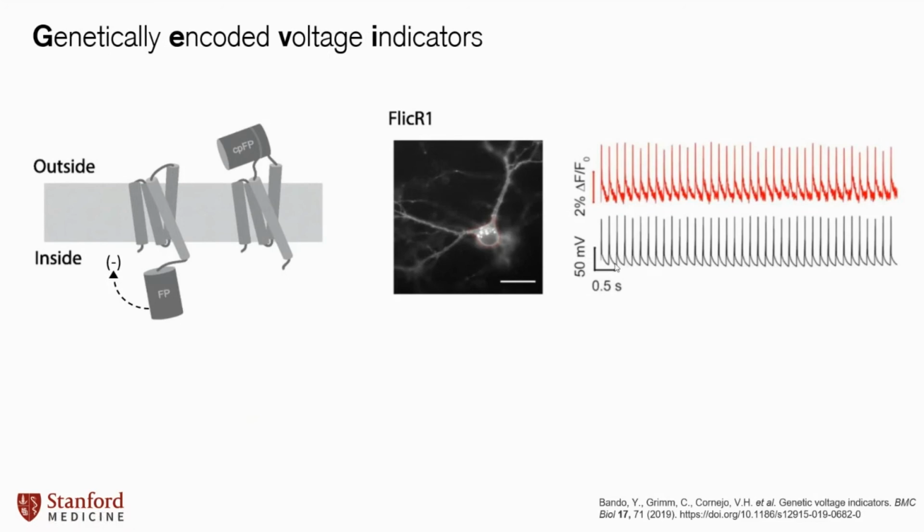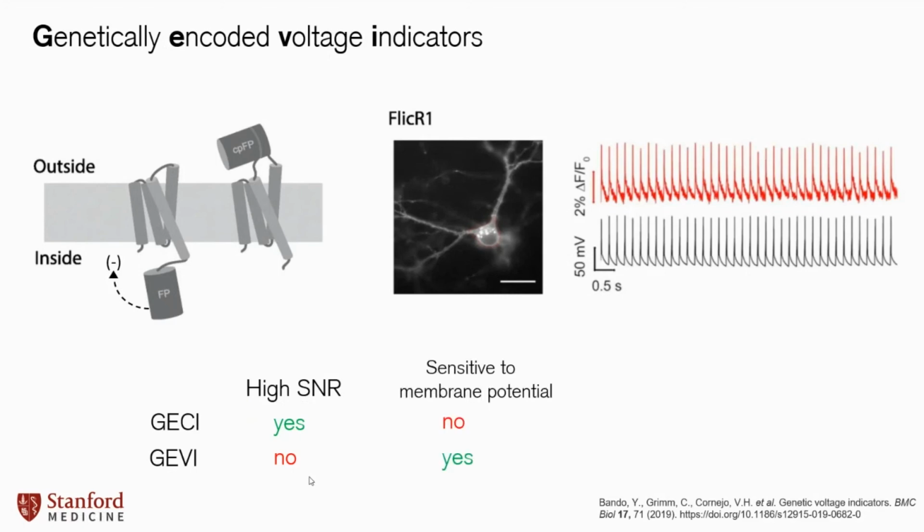And I think someday these will probably replace things like GCaMP, because they're such high resolution and they're really good. But right now, the signal to noise ratio is absolutely garbage. Comparatively speaking, someone who's really into these things would probably kill me for saying that, but they're really difficult to pick up. And again, they have the advantage of being really sensitive to membrane potential. So that's kind of the upside.